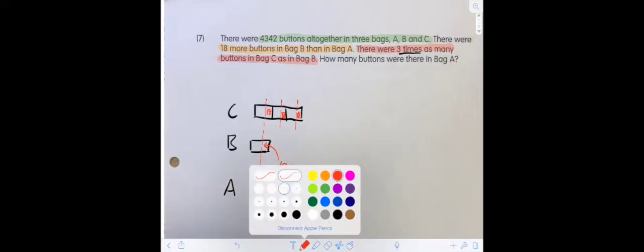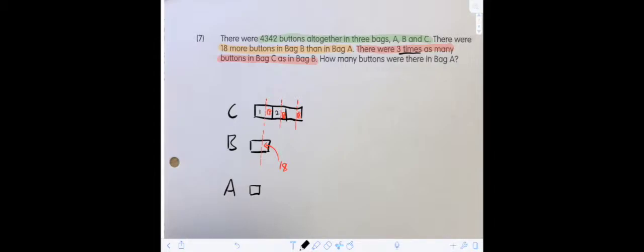Now there are two things we can do. One, we make A into a bigger unit by adding 18, but that might be a bit confusing. Or we can split all of them up into units that look like A plus 18. How do we do that? Same thing for C. We're going to split this, and this one will be 18. Then for here, we split, 18. For here, we split again, 18. So you see what happens now? We have 1, 2, 3, 4, and 5 equal units of black,